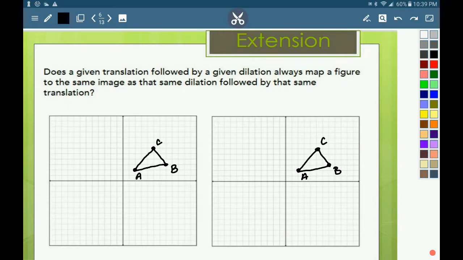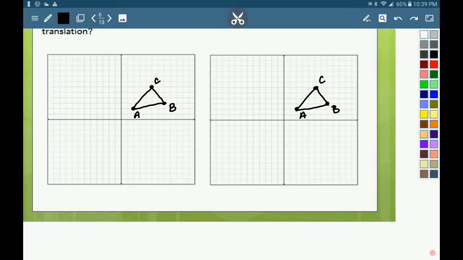So I've plotted down 2 triangles. I want you guys to plot these triangles down as well. A is at 2, 2, B is at 7, 3, and C is at 5, 6. Plot them down on both graphs, and then I'm going to give you the instructions I want you to follow for each one. Let's have you guys translate